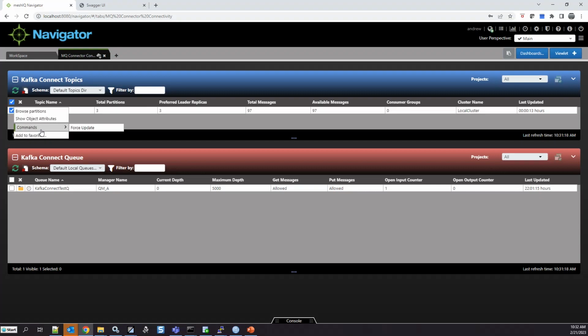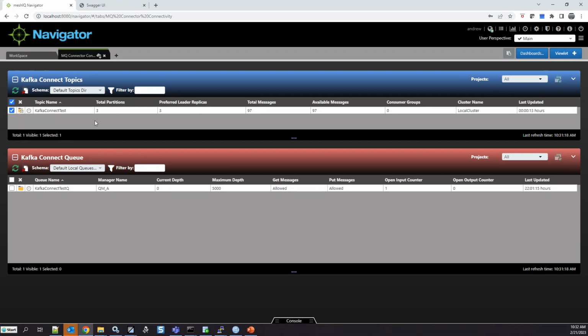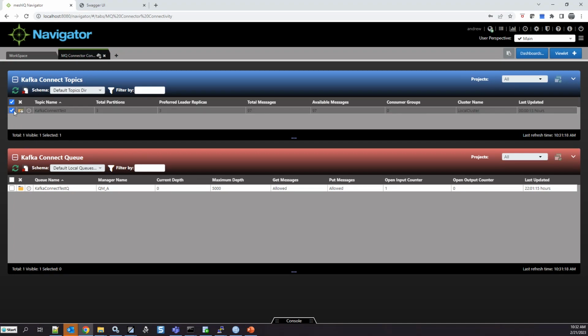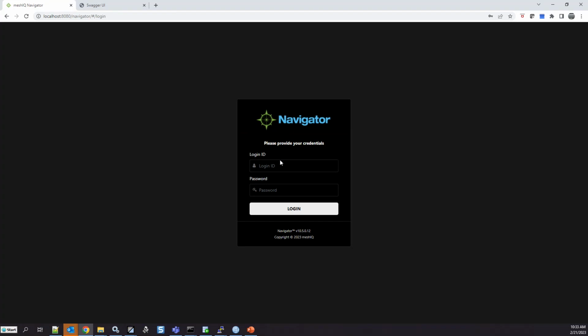But if I were to come in here, you'll see that Andrew's set of actions is also greatly reduced. Doesn't have all those things. In fact, no put and get messages here, right? Because of course, we don't want Andrew, who's an application support person, putting messages on our Kafka topics or our Kafka queue, because that's not one of their rights, right? So Andrew is fairly limited. But let me log out of Andrew and log in as Sachin.